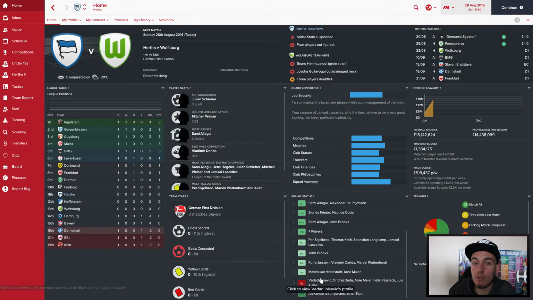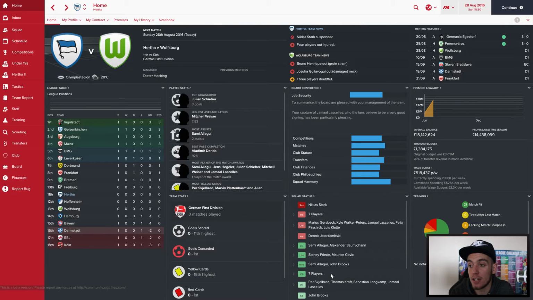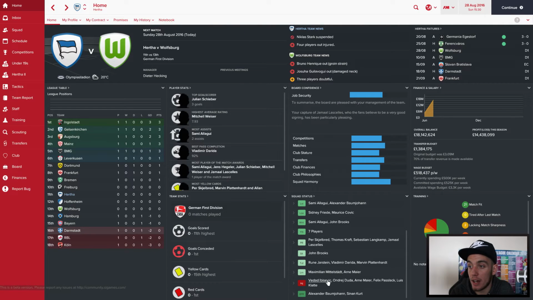In terms of injuries, we've got a few players injured, as you can see there. Paslak probably the most notably. He's only just recently joined us, but he does have a strained wrist, which will keep him off for a couple of days. And obviously our striker,